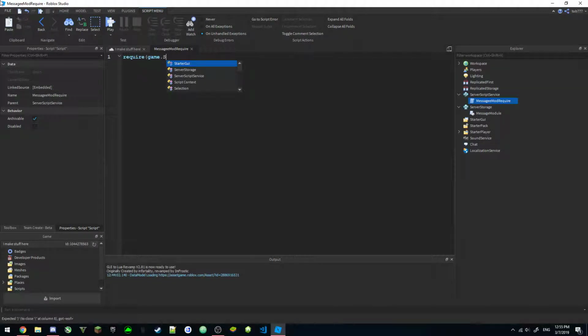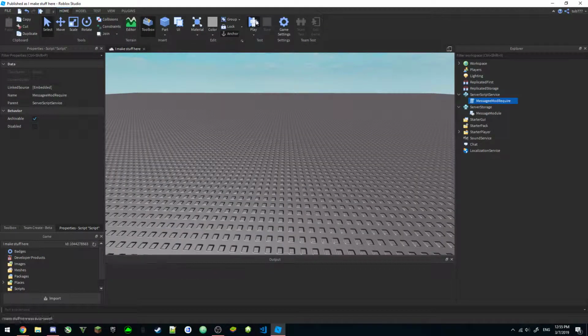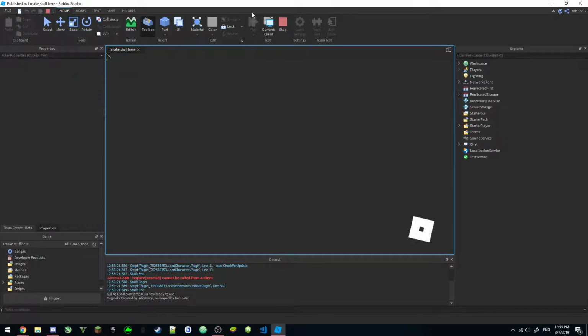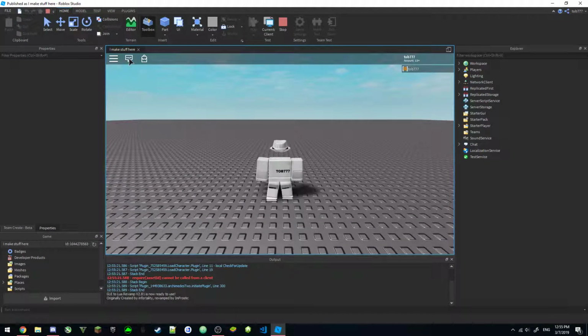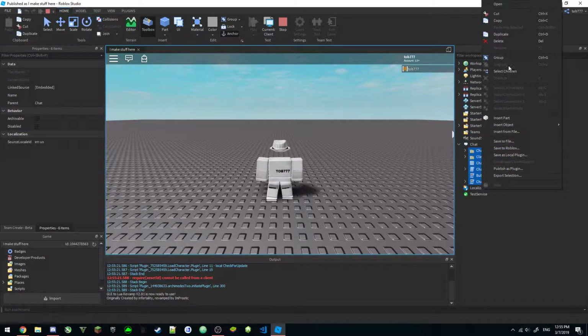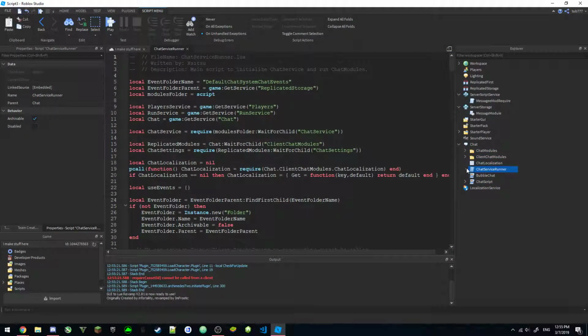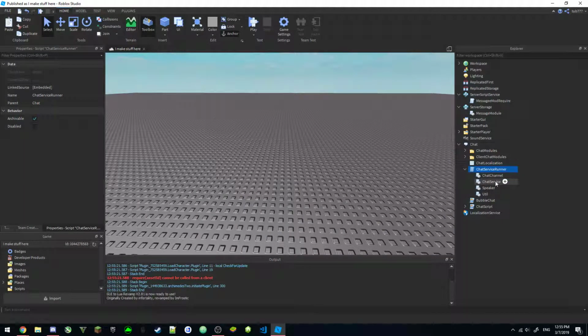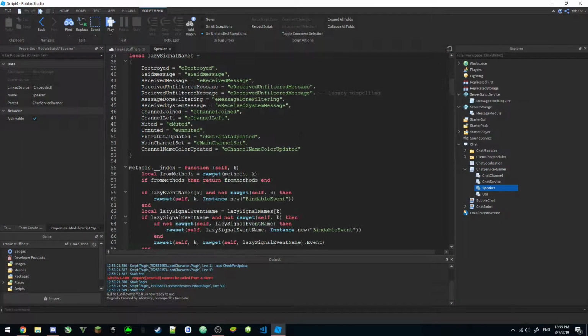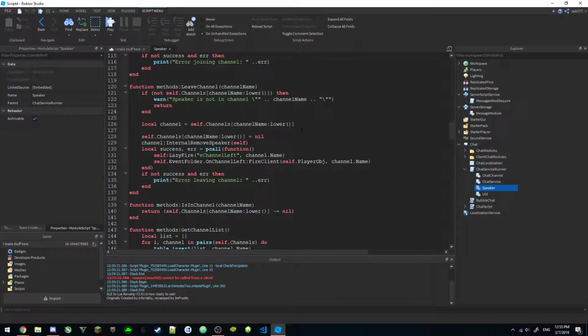Not starter GUI. Right, so that's basically going to be that. So now we're going to play this. And I don't know if chat would pop up now, but when we play this, we need to go get the chat modules, because this is gonna start spamming the output when you do this. So we get the chat modules, go to chat service runner, go under speaker, just scroll down,